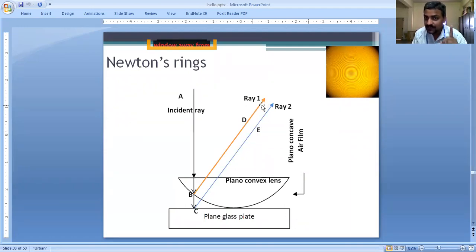I already mentioned that for sustained interference, one needs to have comparable amplitudes or comparable intensities. So you cannot expect interference to happen with 1 unit and 100 units. 1 and 100 cannot interfere properly. If the amplitudes are comparable, then only you can see the interference pattern, sustained interference pattern. It is a desirable condition. So are ray 1 and ray 2 not qualifying for this comparable intensity? Because in this example itself, I showed that one is 10 units, another one is 9 units. So with the 10 and 9, is it not possible?